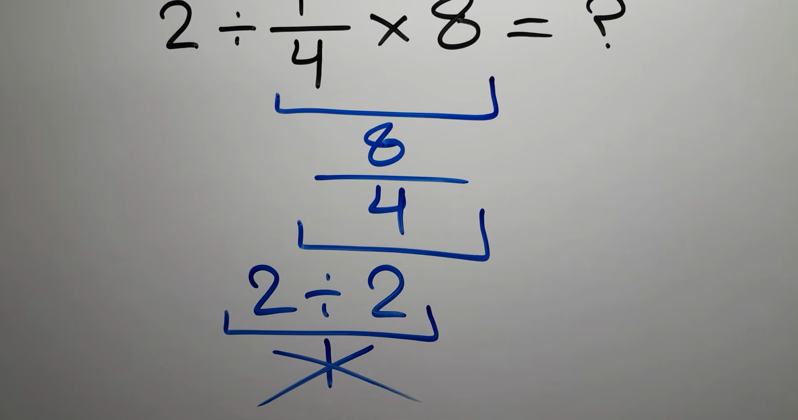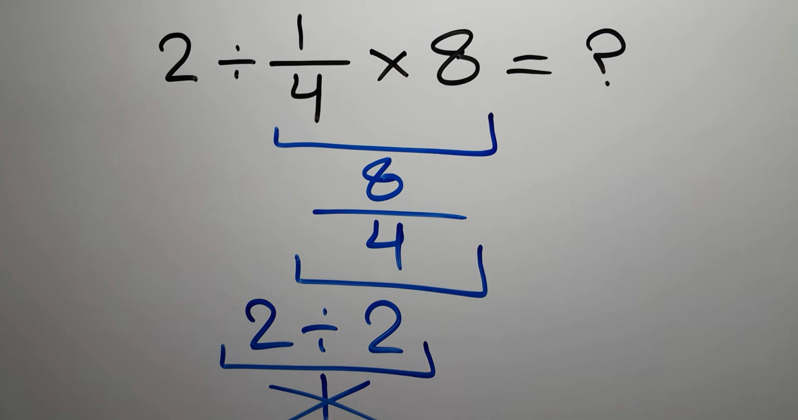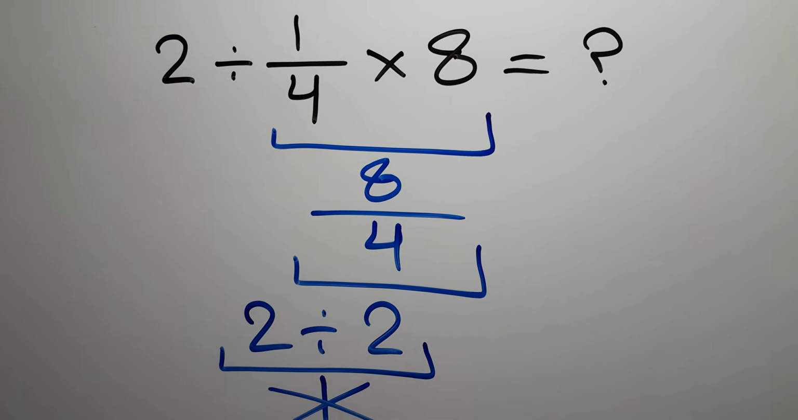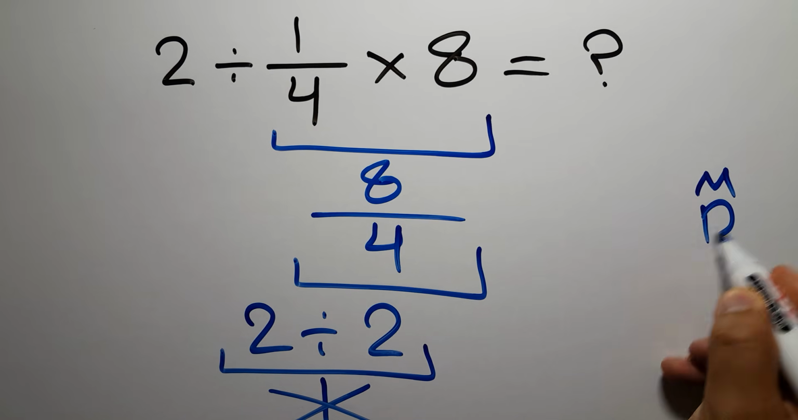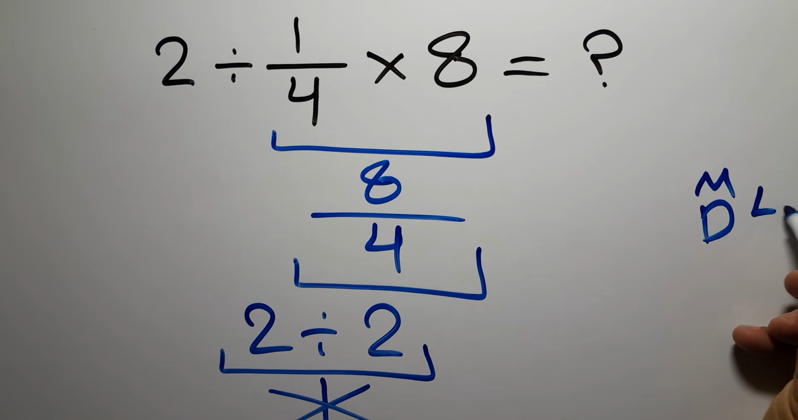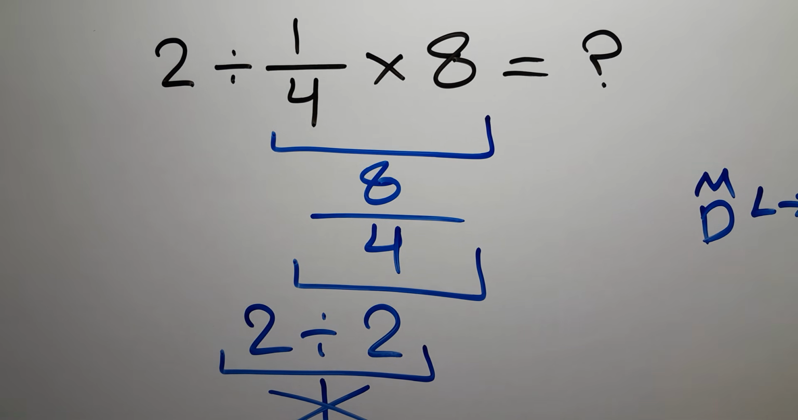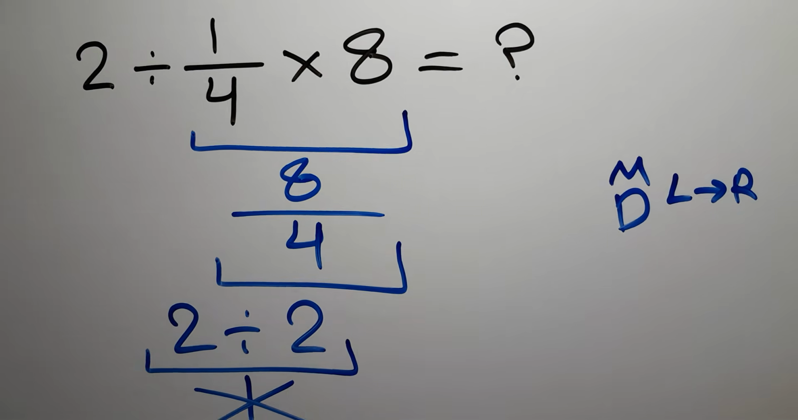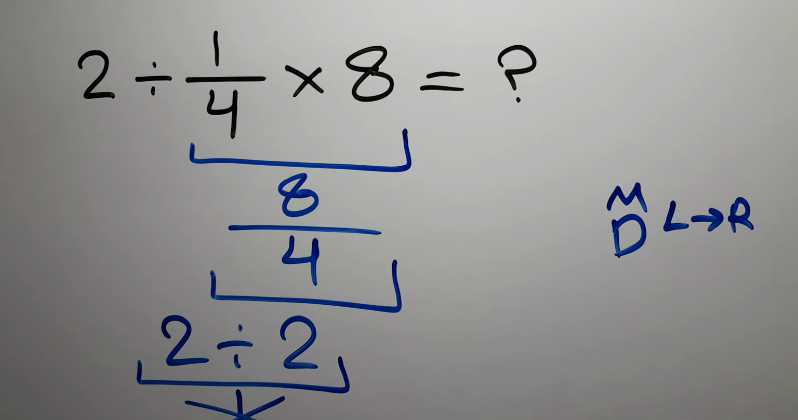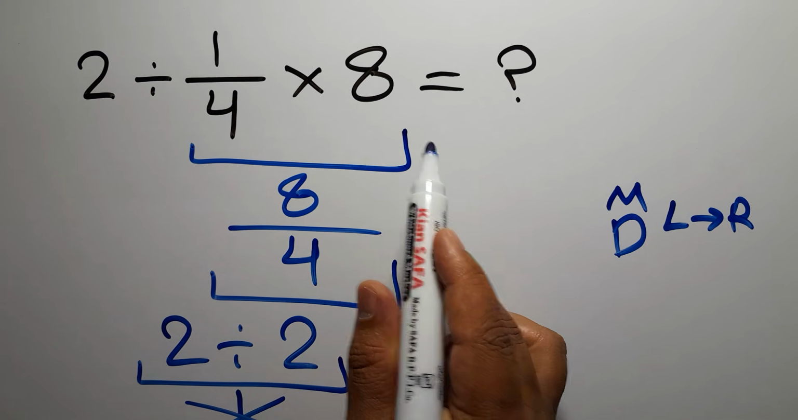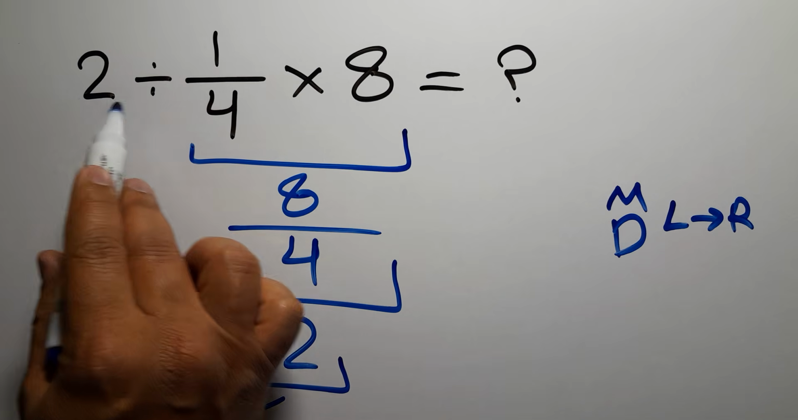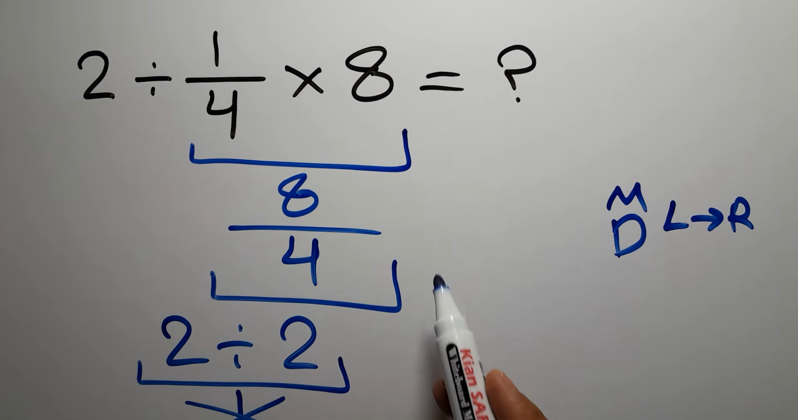But this answer is not correct, because according to the order of operations, multiplication and division have equal priority, and we have to work from left to right. So here we have to work from left to right. So here we have to do this division first, then this multiplication. Okay,